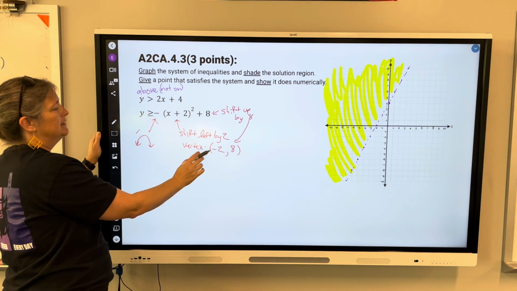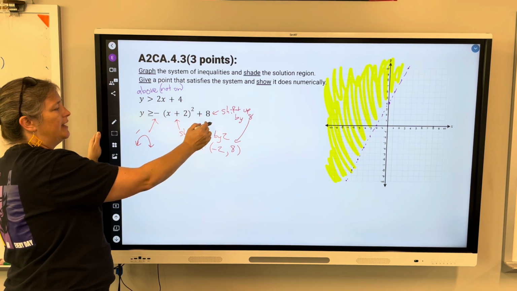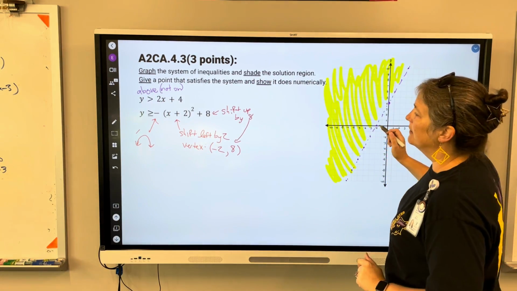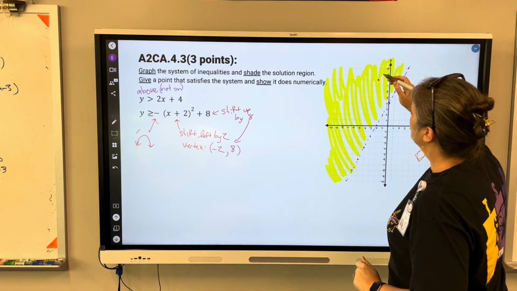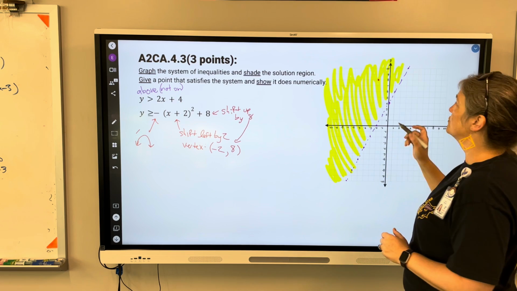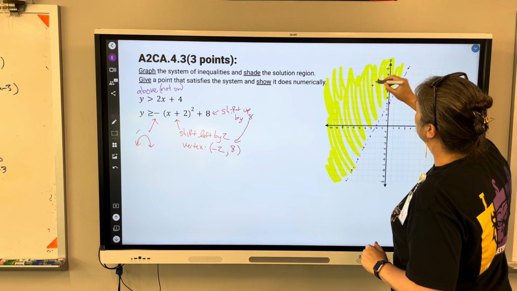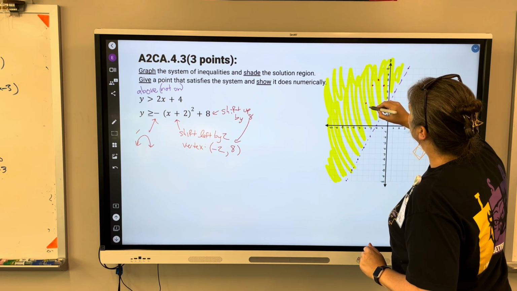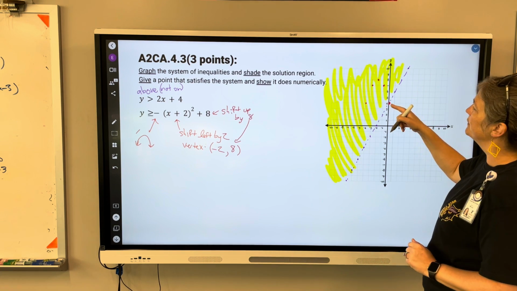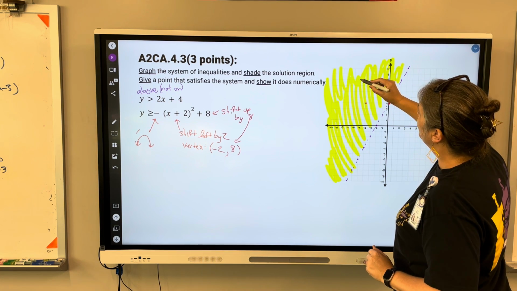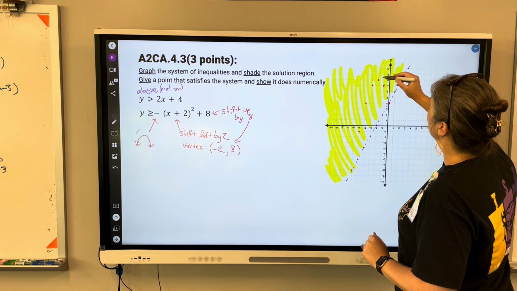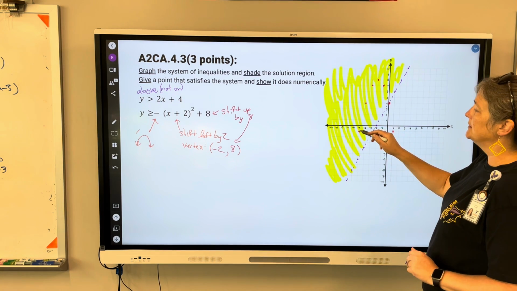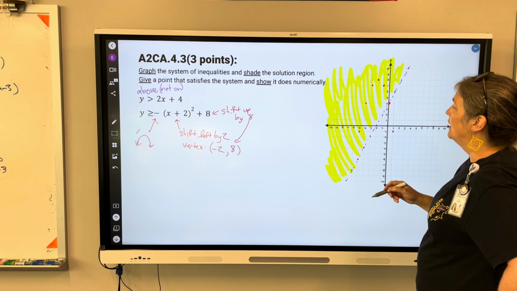I've adjusted x to where -2 is the magic number, and I've adjusted my y to where 8 is the magic number. So -2, 8 is my vertex. I'm opening down, but I otherwise don't have a stretch. So if I go over 1 from the vertex, I go down 1 squared and mirror. If I go over 2, I go down 4 and mirror. Oh, look, I found a point where we cross. If I go over 3, I go down 9. So finding my zeros here was not going to be easy. They were going to be ugly square roots,